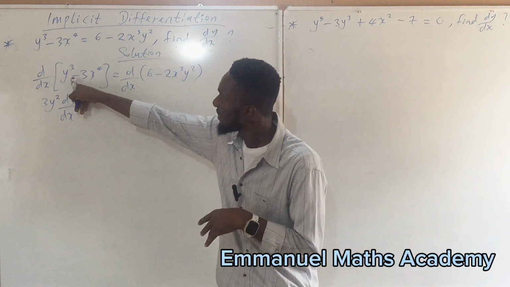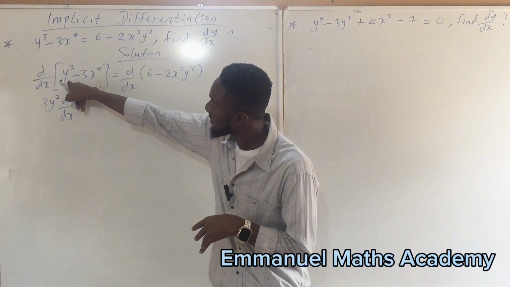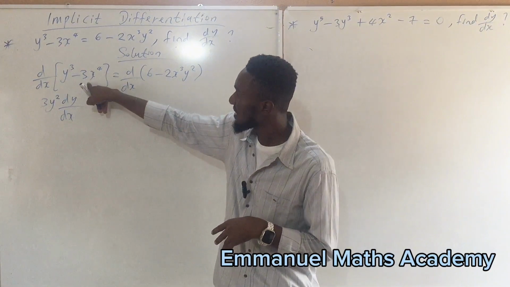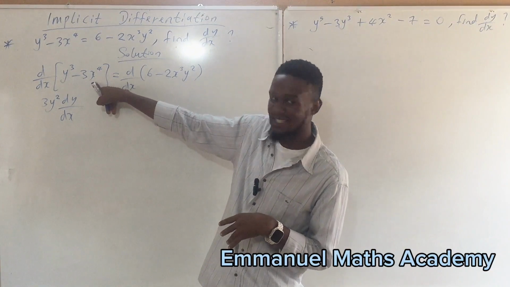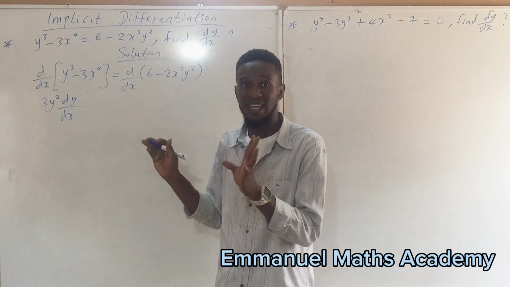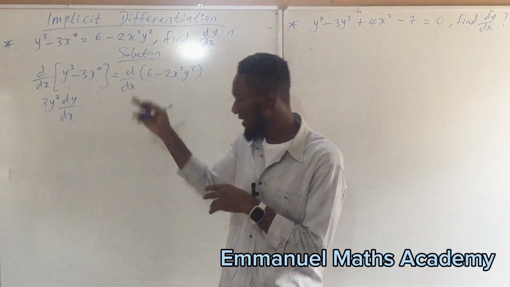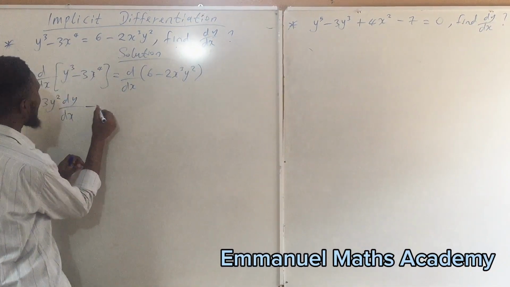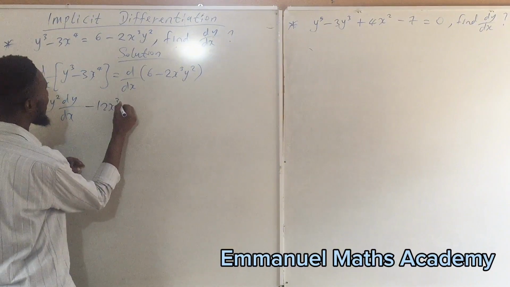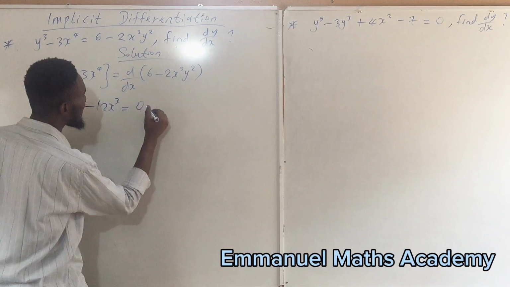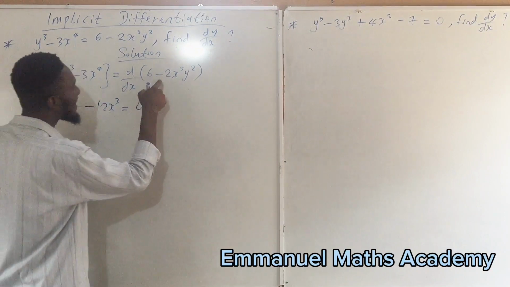Look at what we did here. If you differentiate this, you have 3y raised to power 2, and you now add your dy dx. Then we'll do the same thing also here, but we are having x. When you differentiate this, normally you leave it like that. You won't add any dy dx because we are having x and not y. Now have minus 12x raised to power 3 equal to, if you differentiate this, you have 0 minus,